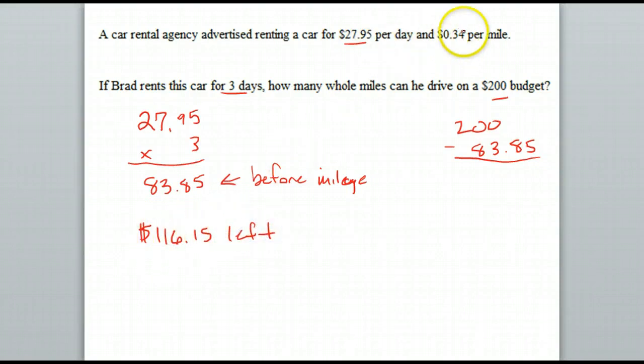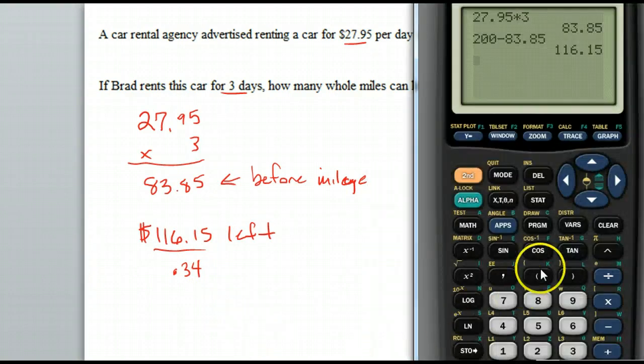Well, every mile that's driven, we're going to subtract off 34 cents. So we're repeatedly subtracting off this 34 cents every time he goes a mile, so that's division. So we're going to take that 116.15 and divide it by 0.34 dollars per mile, and that'll give us how many miles he can go. So that divided by 0.34